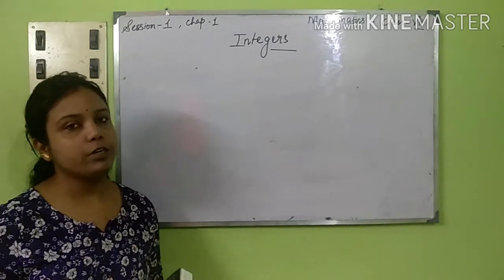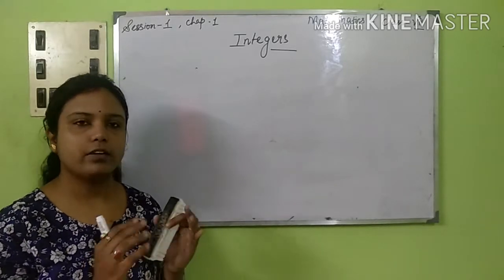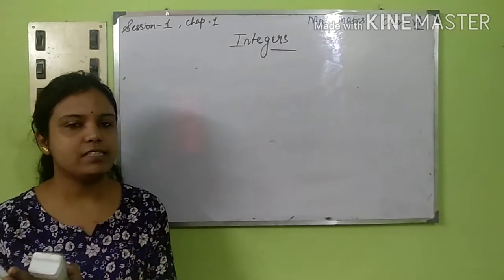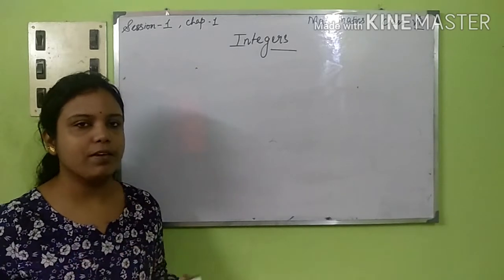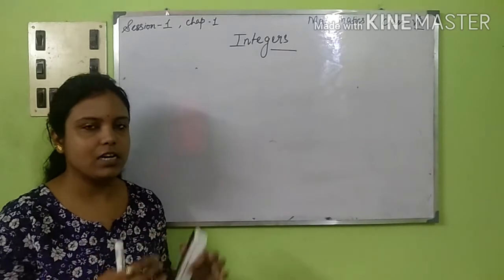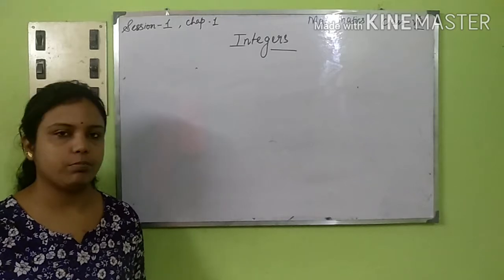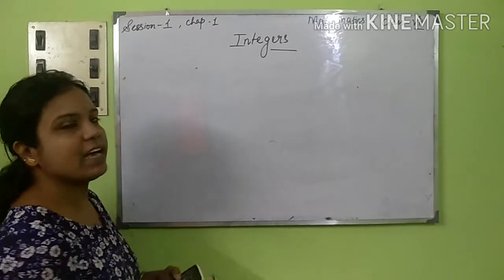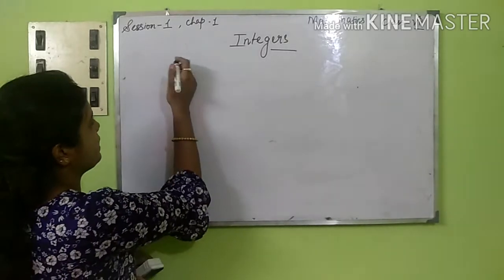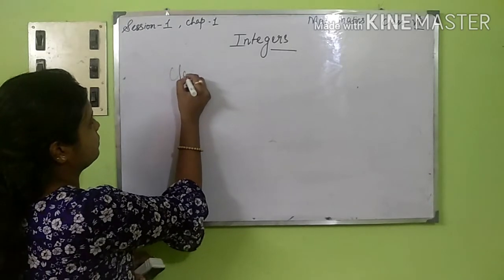Next, coming to the operations on integers. Now there are addition properties, and obviously multiplication properties. So one by one we will come through it. Let's get started with the addition properties. Now for addition, as you know, we have some properties like the closure property.